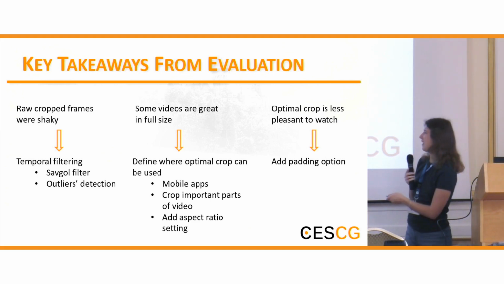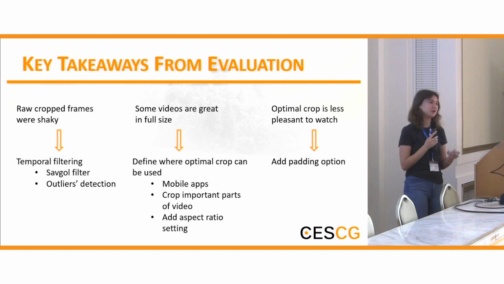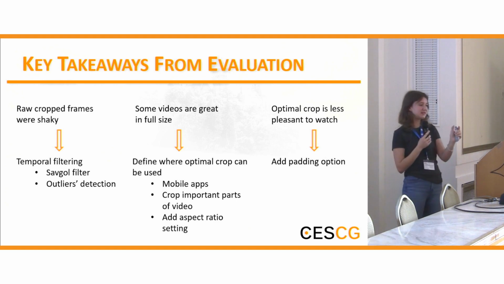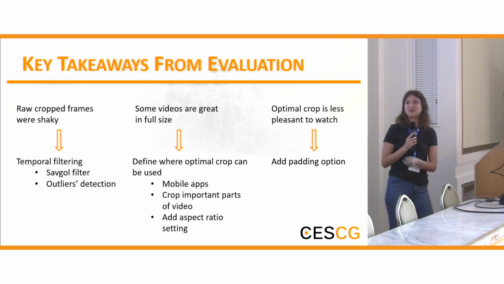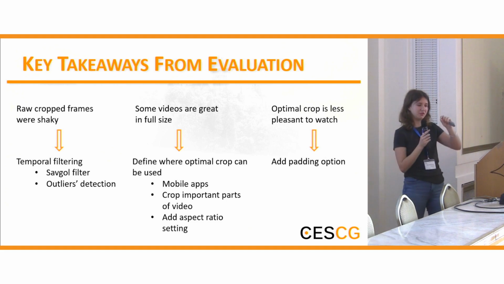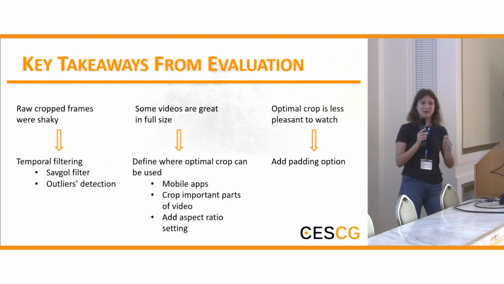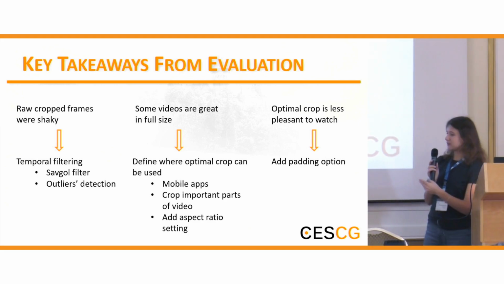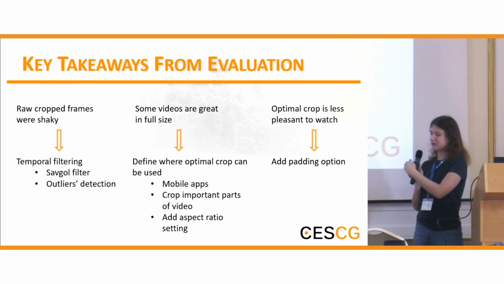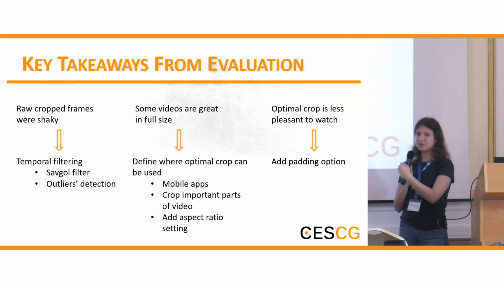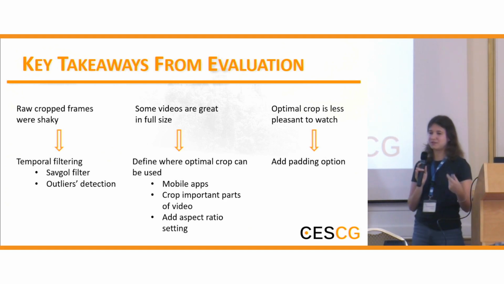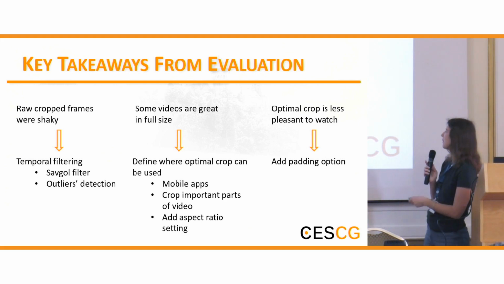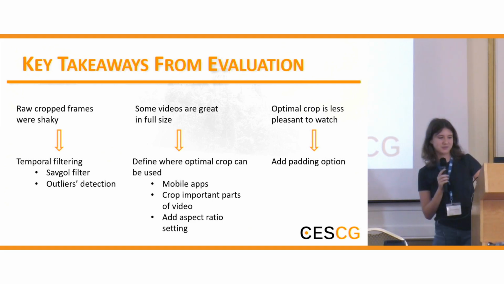But I have focused on processing these videos for mobile, where you need an aspect ratio, for example, 1:1 or 9:16, and you need to see this video, and you don't want to zoom in each time when you have a good horizontal video, like on YouTube. And when the hand is close to the edge, for some users it was a little bit annoying, even though it was such a good optimal crop. So I have added the padding option.